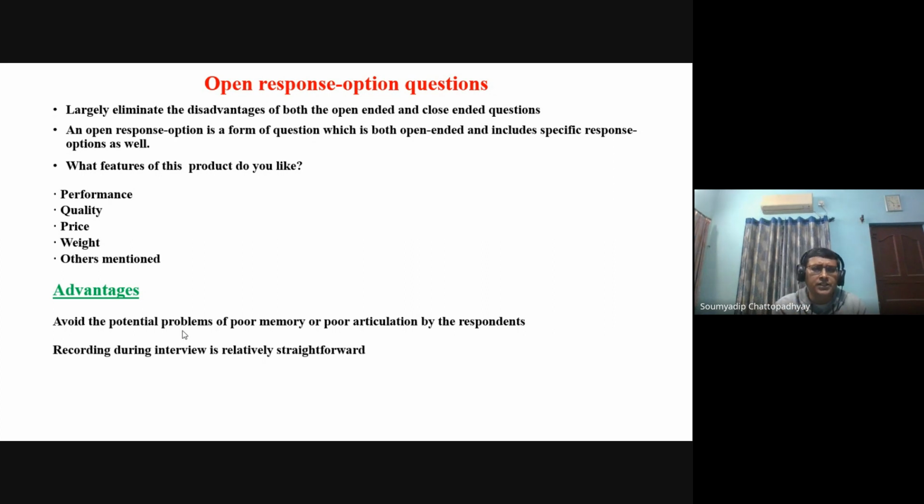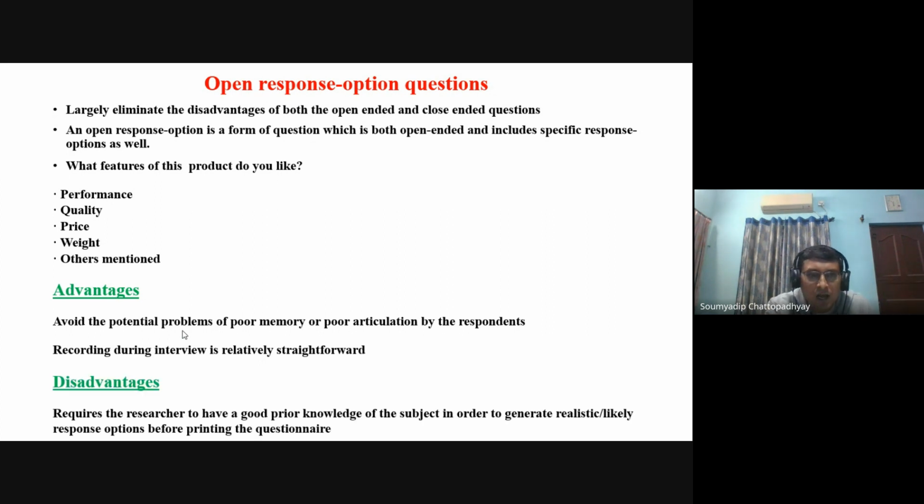If you consider the advantages of this open response option type question, it avoids the potential problem of poor memory or poor articulation by the respondents. Recording during the interview is relatively straightforward. There are also disadvantages of this open response option question. For example, it requires the researcher to have good prior knowledge of the subject in order to generate likely response options before printing the questionnaire. In fact,